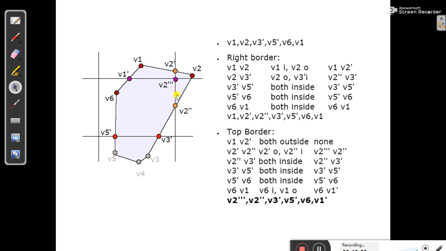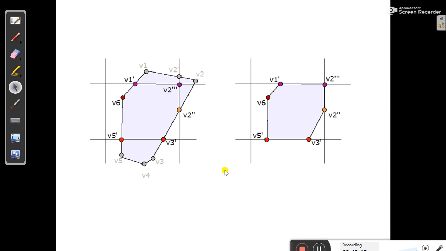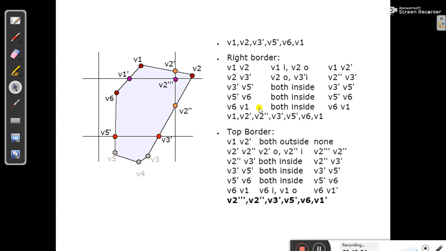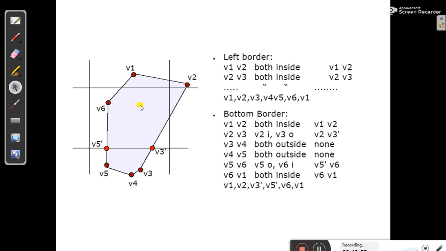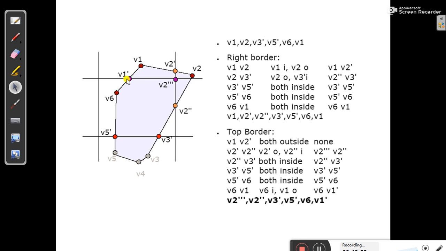So after we get these points which are intersecting with the clipping boundary, in that way we'll find out the resultant set of vertices which will create the polygon after clipping. Okay, so that is the resultant polygon. So that is the process. For every border, we'll try to find out which vertices are inside or outside with respect to the border, and in that way we'll proceed,